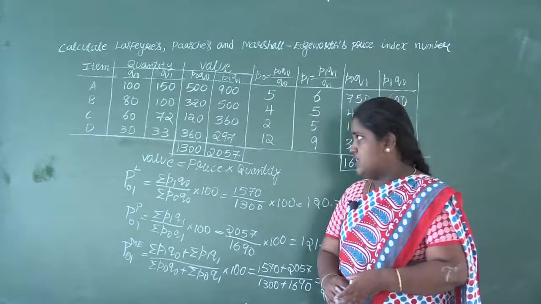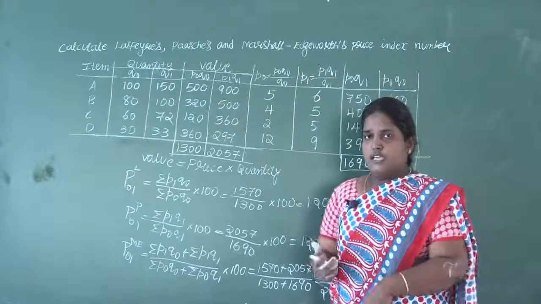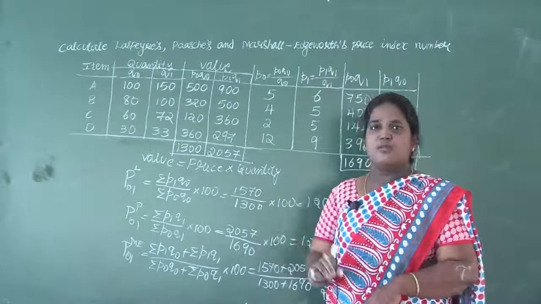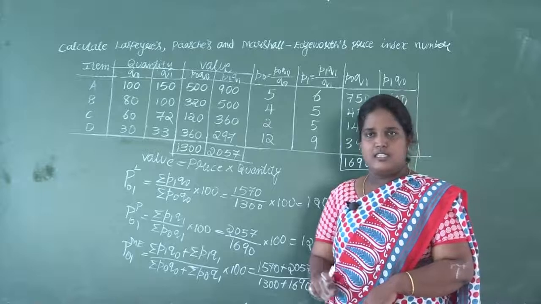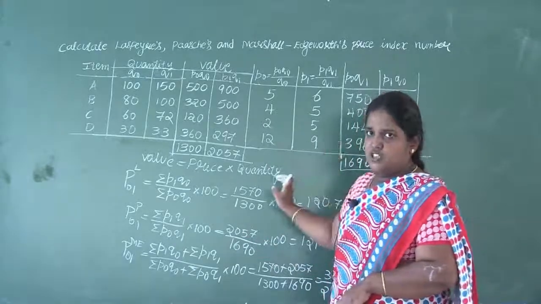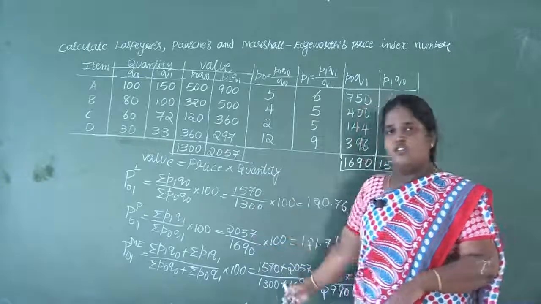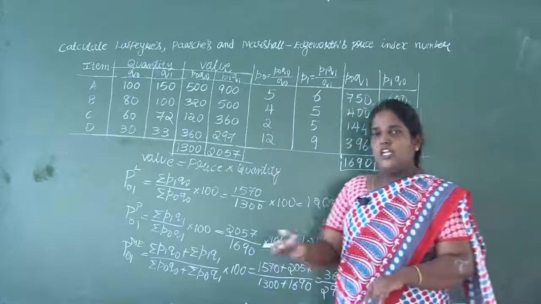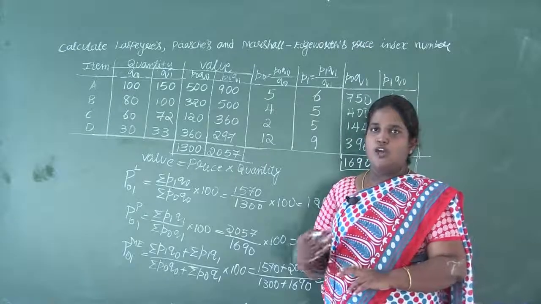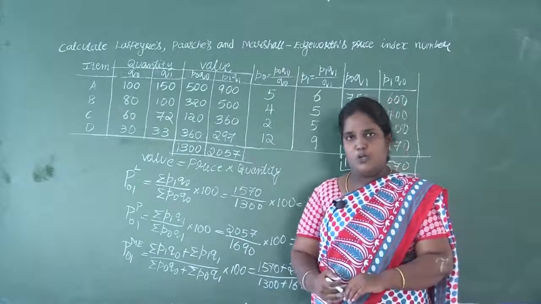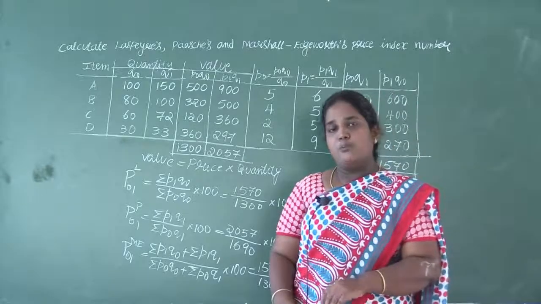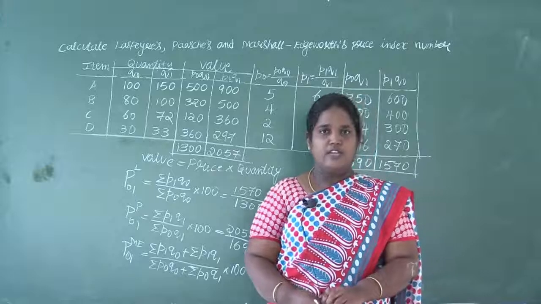So I hope you have understood how to do the problem when the quantity and value or expenditure is given. So this is again the 10 marks problem. Even for the previous method, that is the price and the quantity, when it is asked, you have to do it similarly. Only the given data will change in both the methods. The calculation remains the same. So either the price and the quantity or the price and the expenditure will be given. And it is a compulsory 10 mark question. So one method you're sure to get.